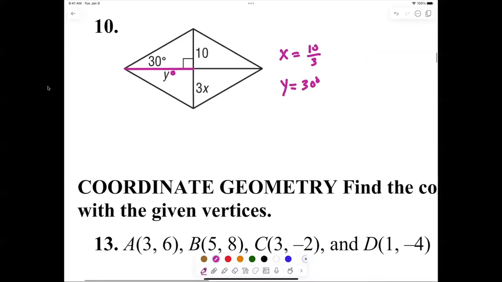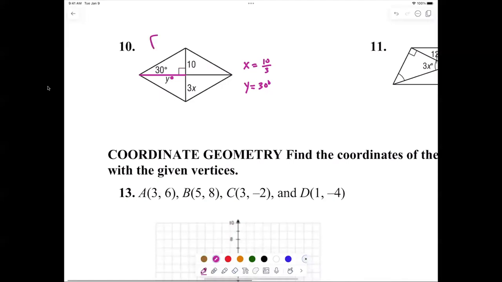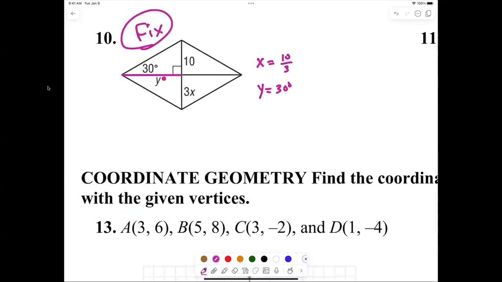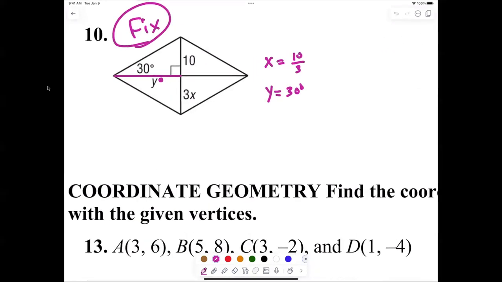And I need to fix that one too. How did you find Y? Well, it's 30 degrees. All right, I'm changing it to 30 degrees, because this right here,